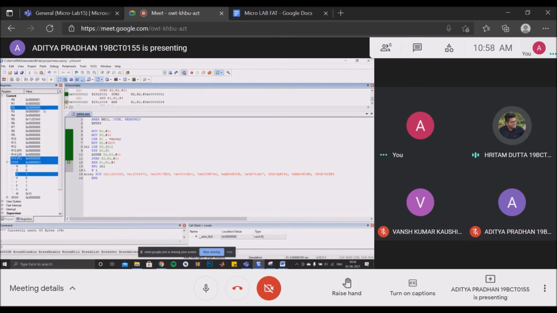In line number 11, SUBS R2, R2, 01. Here we are decreasing the count of the R2 register where we have stored the length of the array elements. In line number 12, ADD R1, R1, 4 is used to access the next array element. Since it increases by 4, as you can see, R15 has been loaded with the address where the next array element will be fetched.